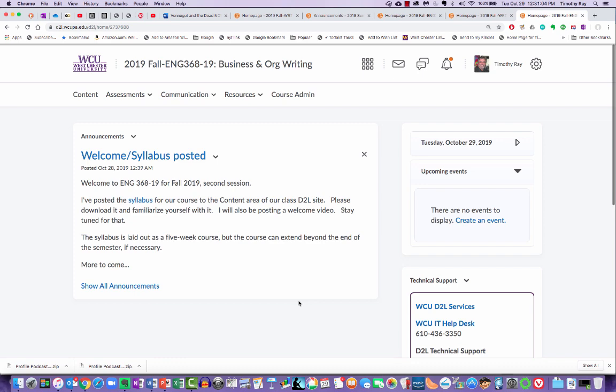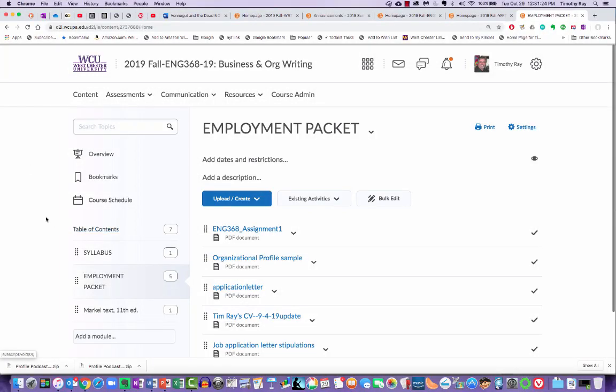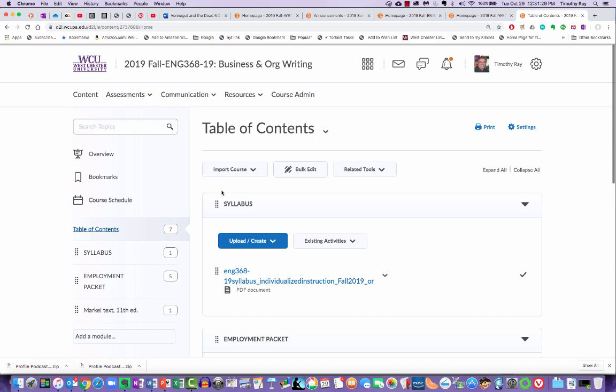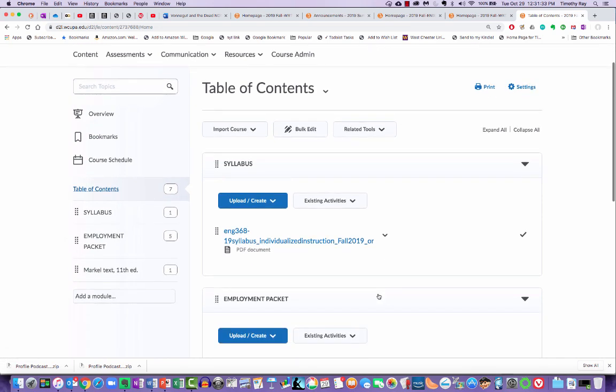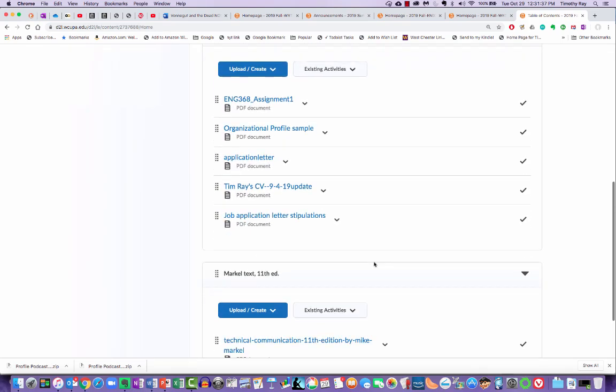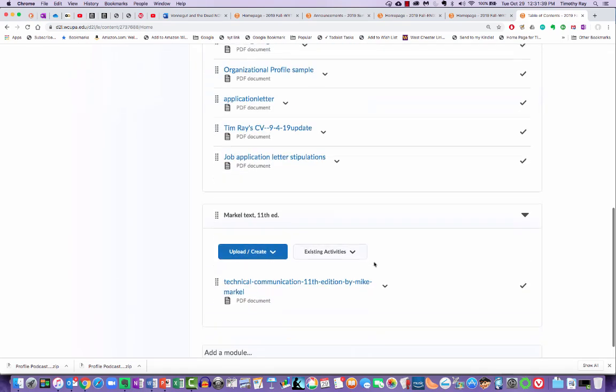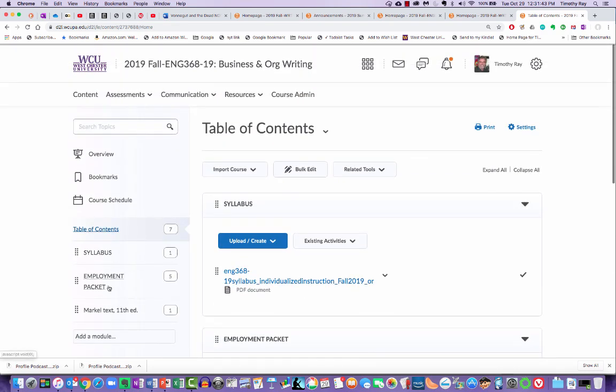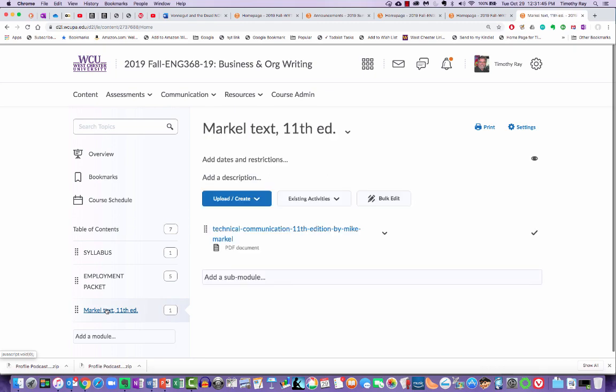Okay, so if you go to our D2L page and go into the content area, once you get to the content area, you're going to see several things. Let me just make it table of contents. And so the syllabus that's been posted, I've posted some documents already for the employment packet assignment, which is the first assignment, and then the Markle text, 11th edition, and you also see it over here on the sidebar.